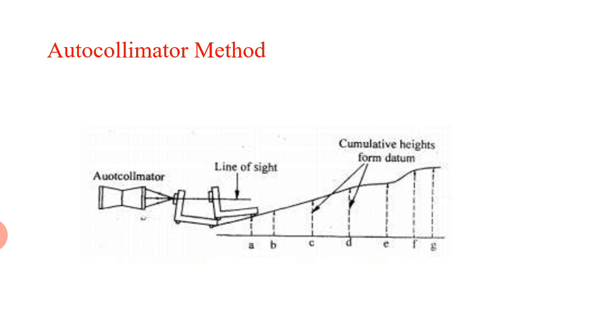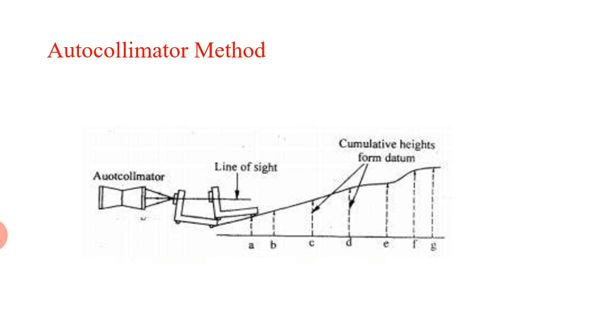And now we will discuss the autocollimator. The main principle of this method is the same as that of the spirit level method. In this method, a block fitted with feet at a convenient distance apart and carrying a plane reflector is moved along the surface in steps equal to the pitch of the feet. Angular variations at each position are used to plot the graph of error.